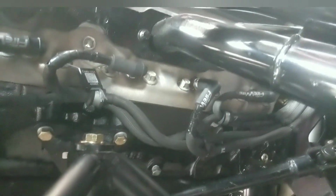So fully insulated. I think routed really nice and tight to the engine. Away from the headers. And we're still waiting on the